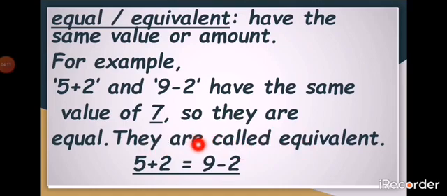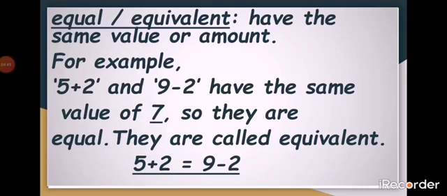Do you know what the equal sign really means? This means both sides have the same value or total, even though the calculations might not look the same, they are actually equivalent. So you can see the calculations do not look the same. It's an addition one, it's the subtraction one. And some numbers are also different, but the answer is the same. So we can say these are equivalent.